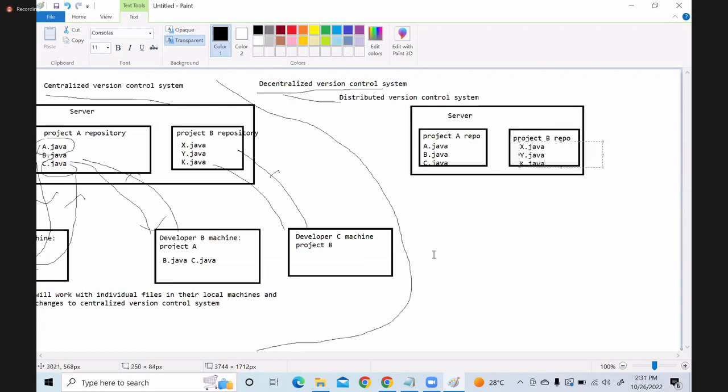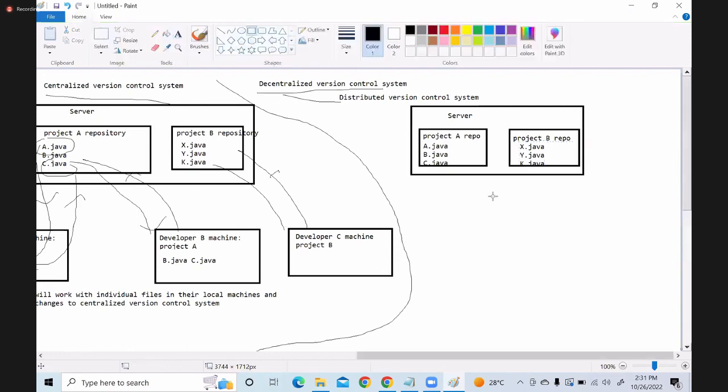Okay, now we see what we will have. This is your developer machine.